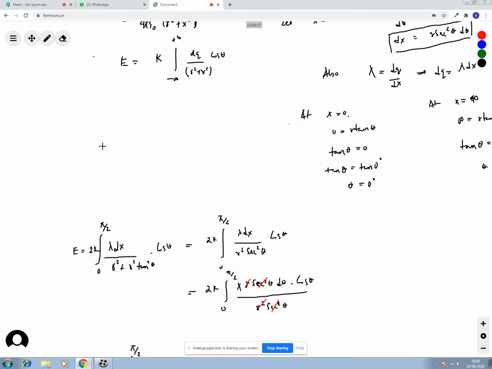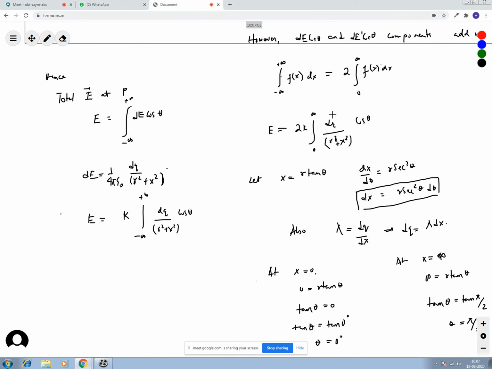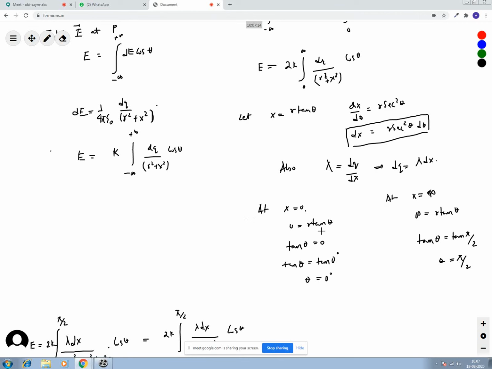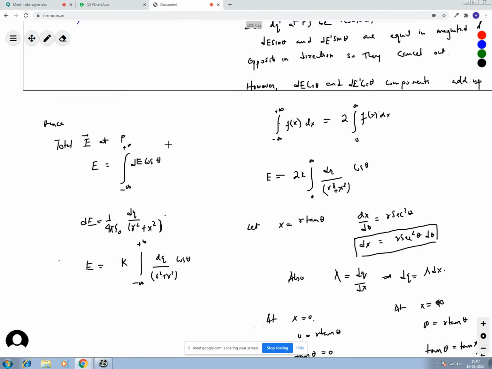Okay, now I am giving you one thing. You can try this without using this relation. Let this be minus infinity, and let this be plus infinity. Here you see I have changed x equal to 0 to x equal to infinity. What you can do here, x equal to minus infinity, how much you get, you write, and x equal to plus infinity, how much you get. You can do like that also. The answer will always come to the same relation only. I leave it for you to try it out.